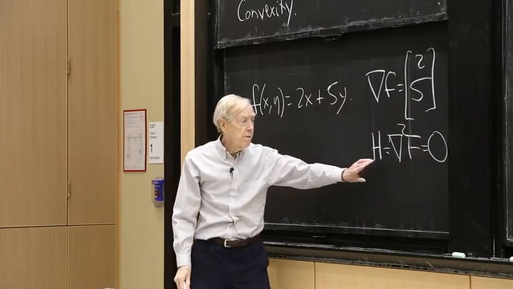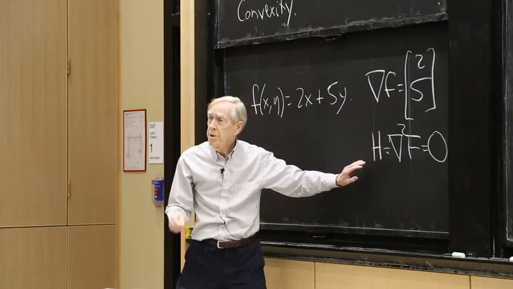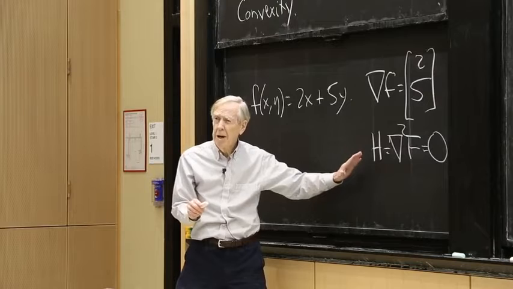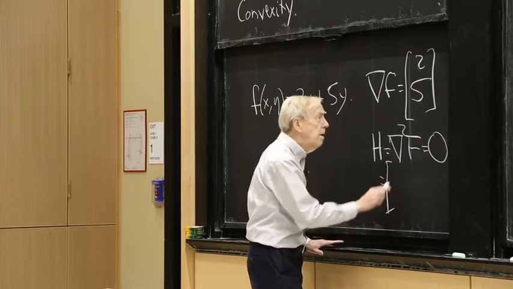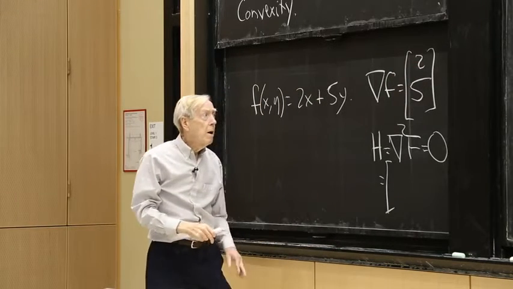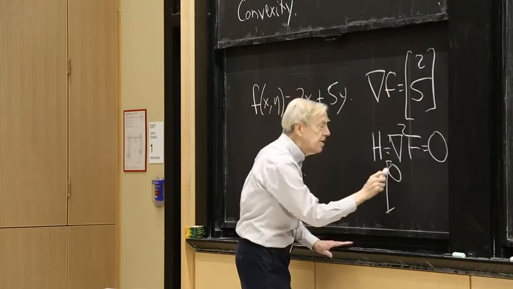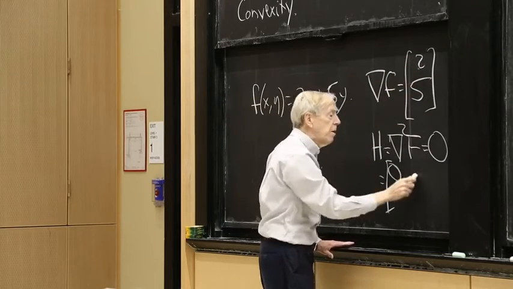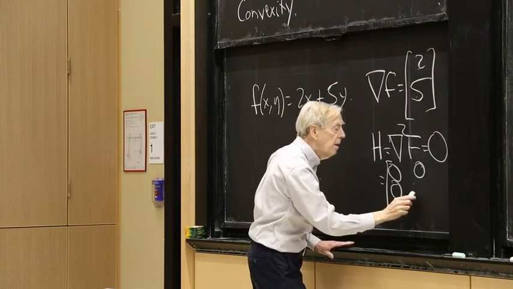So what shape is H here? It's 2 by 2, right? Everybody recognizes 2 by 2. This H would have, I take the second derivative of that, the first derivative of that with respect to x, obviously 0. The first derivative with respect to y, the first derivative of that with respect to x, y,